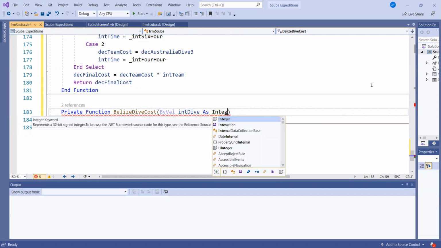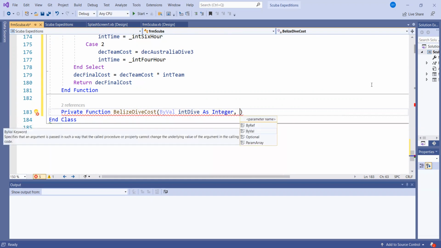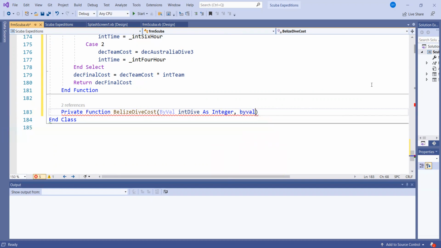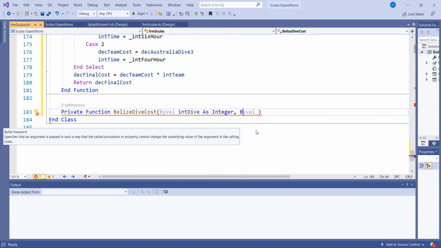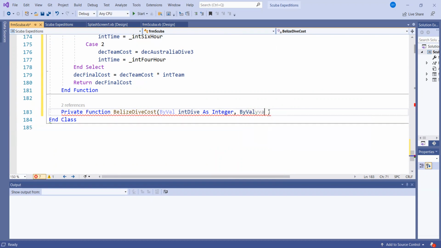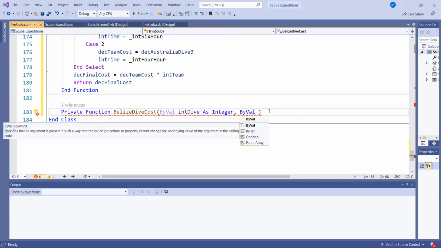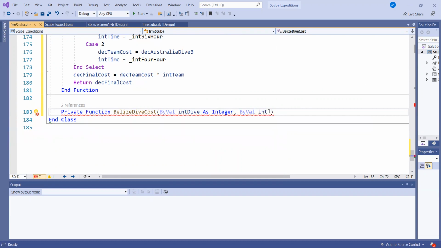Integer. Then by val, this time by val. The next one is int team